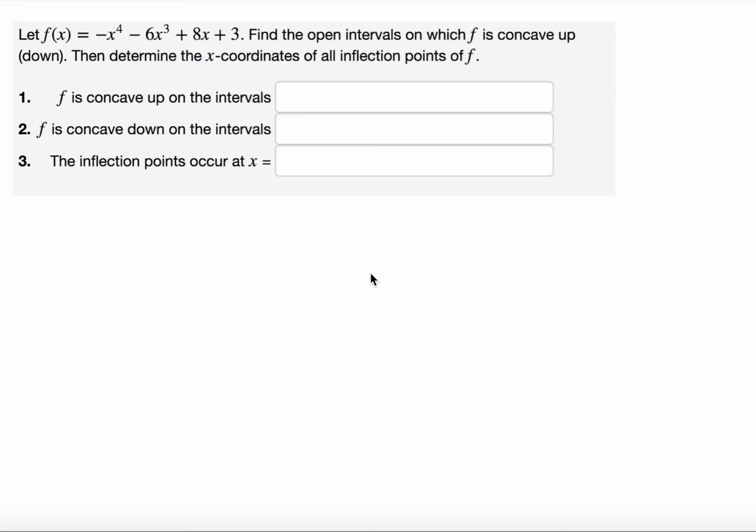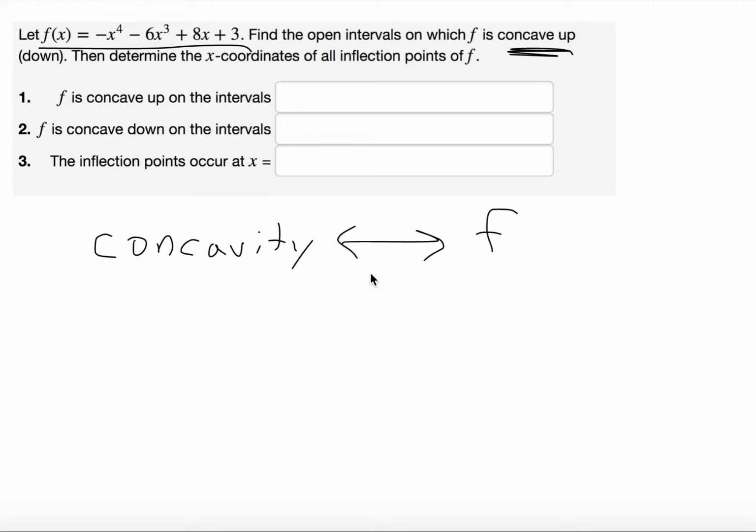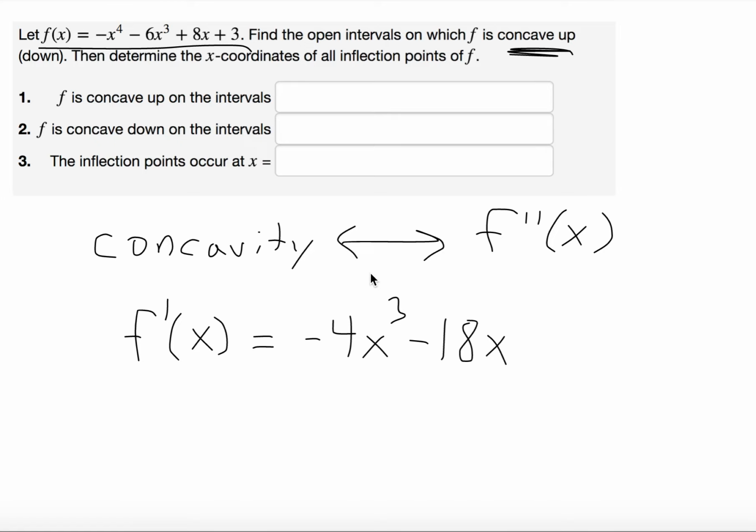Let's talk about this awesome problem where we're going to determine the concavity of the function based on its formula. Remember, concavity in this instance is something we think about as coming from f double prime of x. So we need to find our first derivative, f prime of x. That gives us negative 4x cubed minus 18x squared plus 8. And then we need to use that to find our second derivative, which will be negative 12x squared